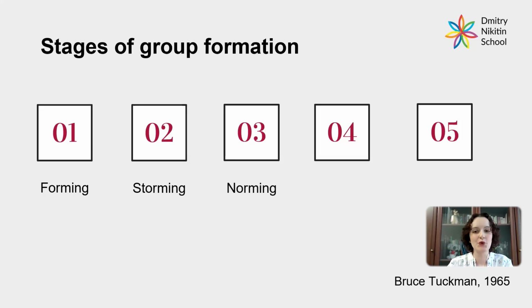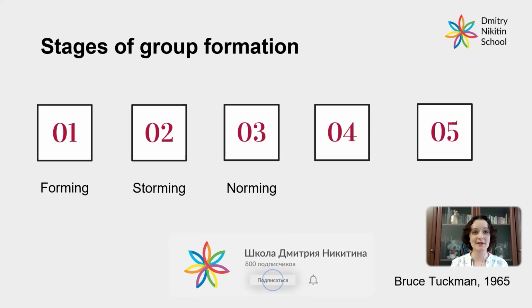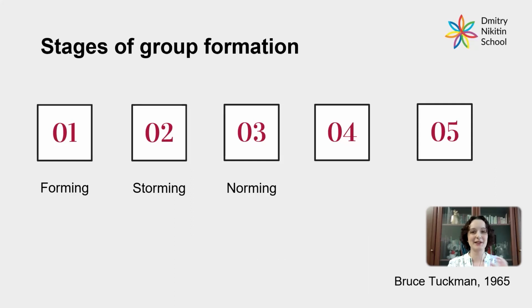The next stage is called norming, and this is when things get settled and there is a certain degree of cohesion that emerges between the participants. This cohesion is usually based on some kind of shared norms, some shared goals of the group. And hopefully, this norming stage will lead to a greater sense of openness among participants. So now they are still openly disagreeing with each other, but they are finding ways around this disagreement.